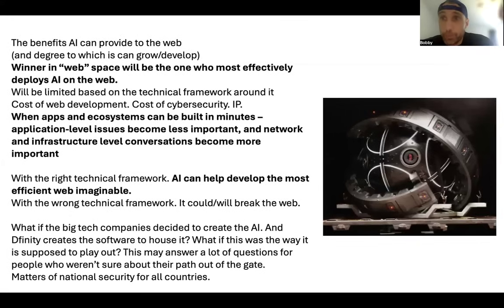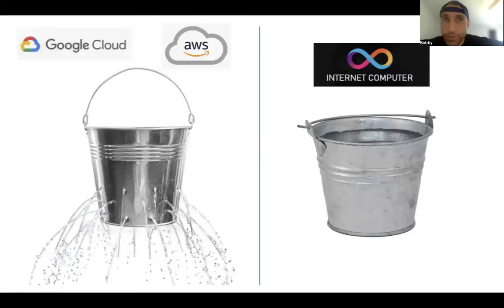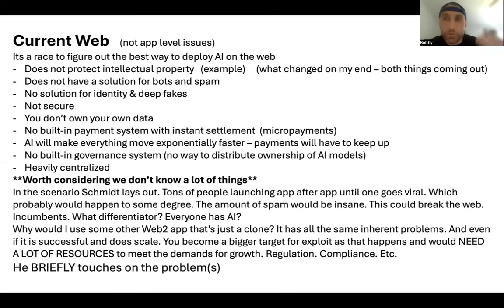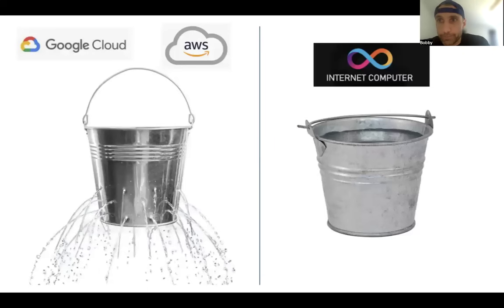What if the big tech companies, among doing other things too, were primarily going to focus on creating the artificial intelligence? And what if somebody else was supposed to create the technical framework around it? That would make sense to me. And the technical framework more or less becomes an open public network that